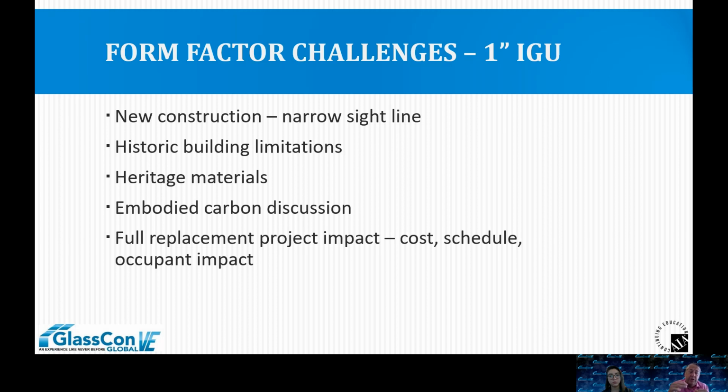So again, this kind of enables you to reduce some of that embodied carbon discussion. And then honestly, sometimes projects just have other issues going on where full replacement just won't work. That's the cost of full replacement sometimes, or the schedule gets delayed out, or there's occupants in the rooms and they don't want to take 2 months or however long it takes to go into these projects. But there's loads of reasons where sometimes a full window replacement or a 1-inch just doesn't meet what they need